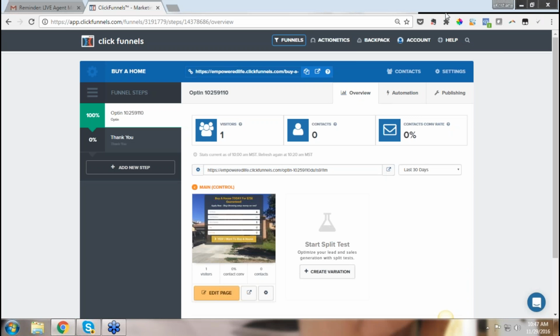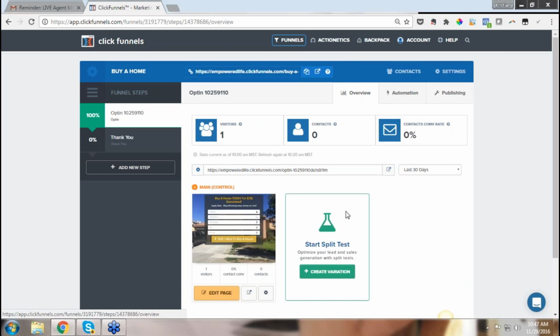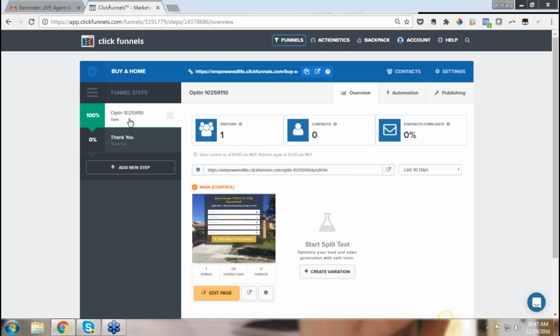Perfect. All right. So this is the inside of a software that we use called ClickFunnels. We're going to talk to you about this software because this is really what we built our entire foundation of our business on. And when I got into learning about this concept of funnels about 3.5 years ago, nobody knew what a funnel was. At that time, it was called a campaign.